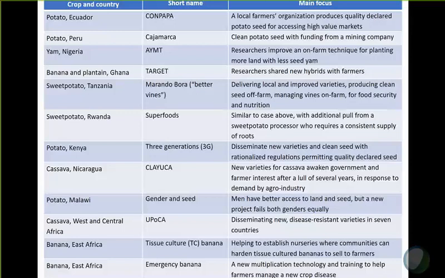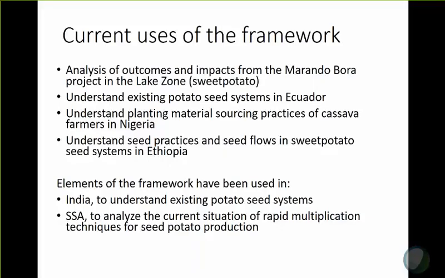We published an article. You will see in the resources section that I'm going to mention in a moment. We published an article about this, and also we have a working paper describing in a lot of detail these 13 case studies. Current uses of the framework at the moment, or the framework was used in the last 1 or 2 years